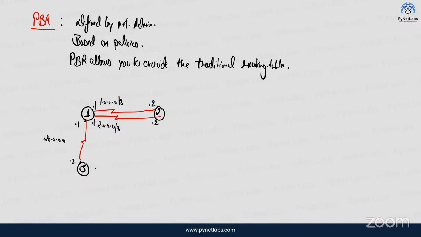Now, why have I additionally created two links here between router 1 and router 2? Because there will be a concept of primary, and there will be a concept of secondary as well. So these should be there, and according to that, we are going to see. By default, whenever a normal routing packet enters the LAN,